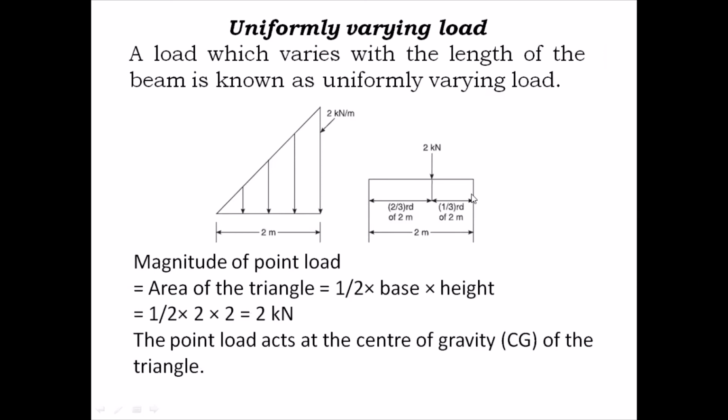Okay, so the location of this 2 kilonewton is very simple. It is the centroid of the triangle, which is measured two-third from the apex or one-third from the base. Okay,